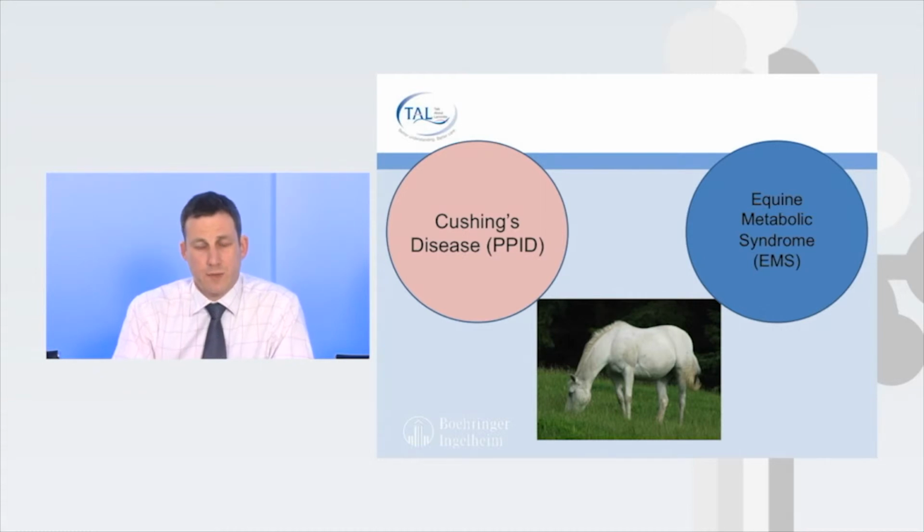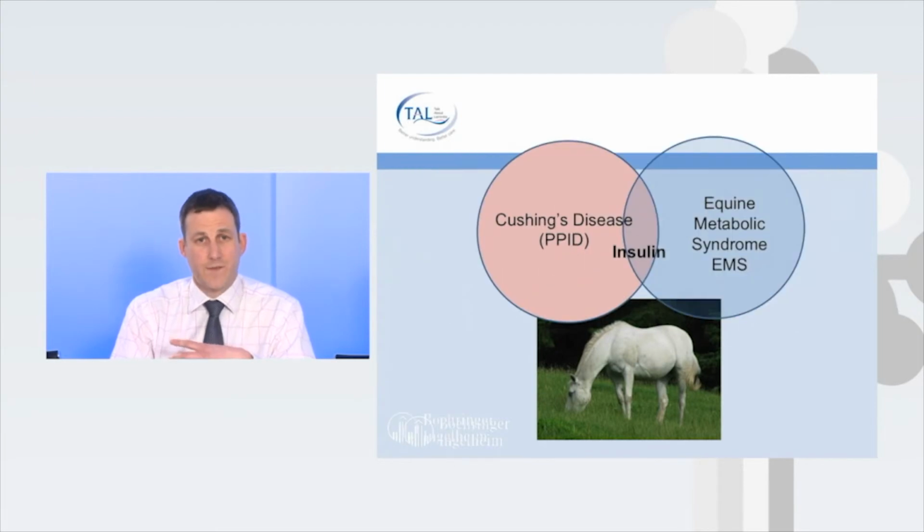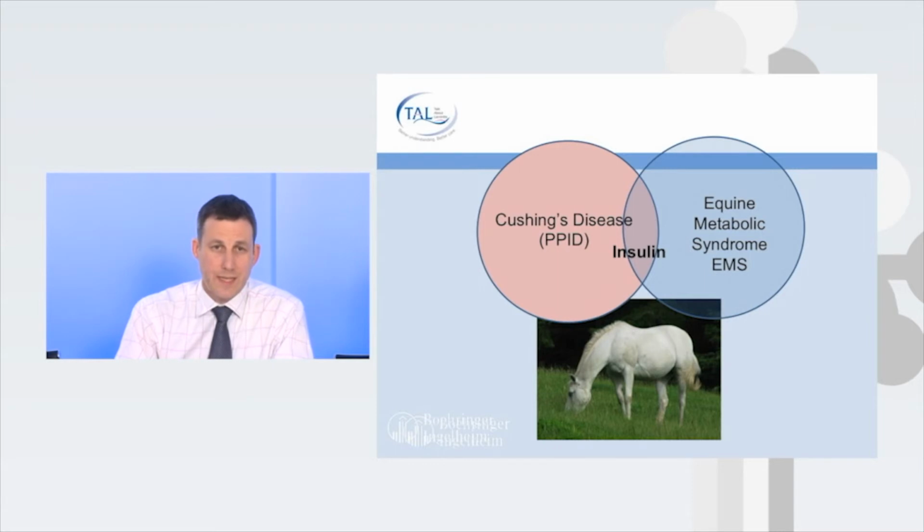So I think this is important really in how our understanding of these two conditions is evolving over time. We used to think that they were very distinct. Well, we've kind of come full circle. Equine metabolic syndrome used to be thought of as Cushing's disease, and then we thought they were two very distinct diseases, and now we're sort of coming back to the fact that there's a lot of commonality between these two conditions, and whilst they clearly are different conditions and we're talking about different things, there are certain factors like the high insulin levels that are common to both,